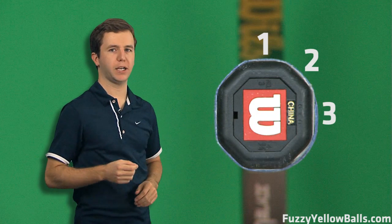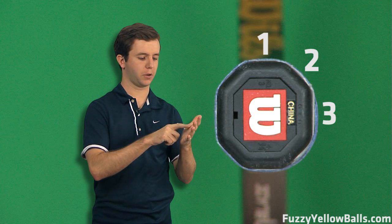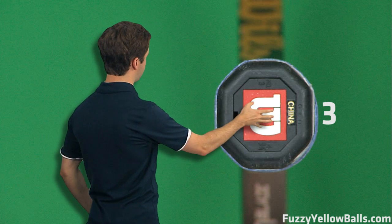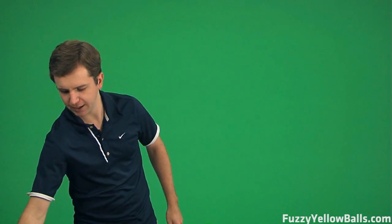Now, the Eastern forehand grip is where your heel pad and your index knuckle, which is part of the palm, the index knuckle is the first knuckle of your index finger, rest on the third bevel here. So a simple way to find the Eastern forehand grip is to hold the tennis racket